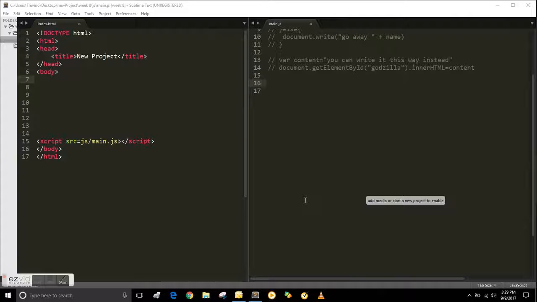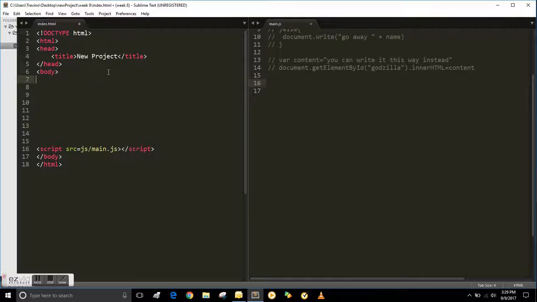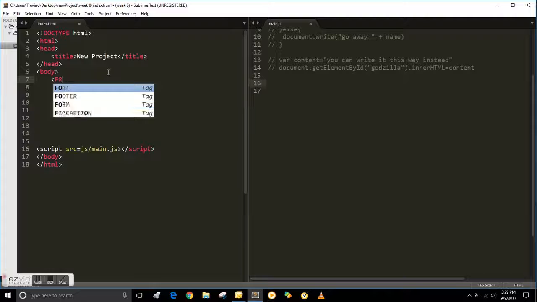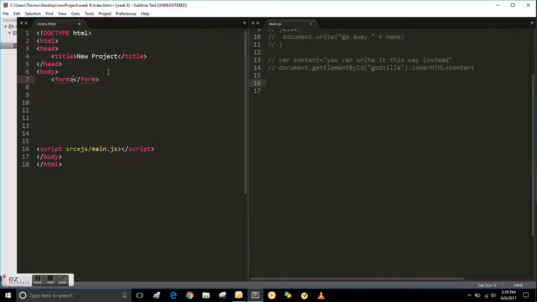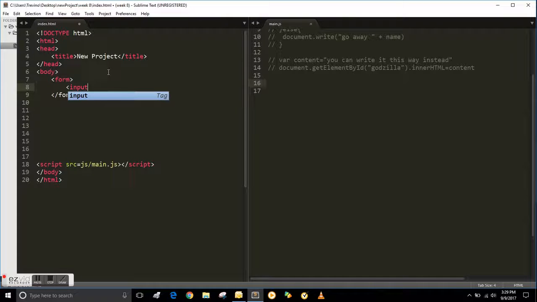In this video, we are going to introduce the dot value element, and basically with the dot value, the only time you'd ever use it is in a form when you're trying to get information that people are typing into a form. So we're going to continue with